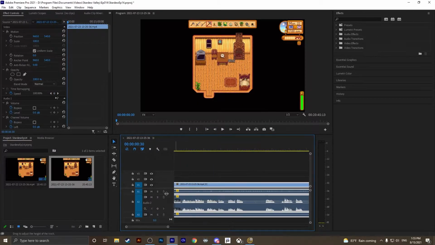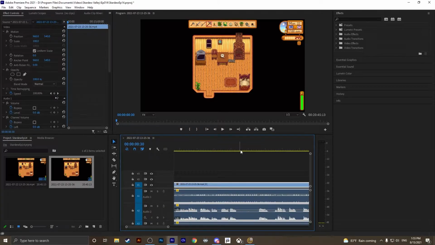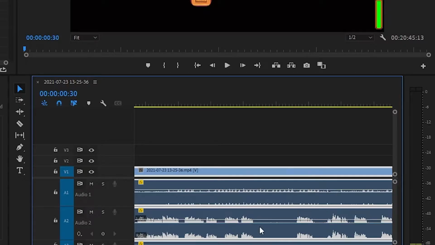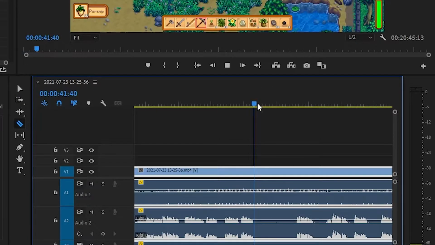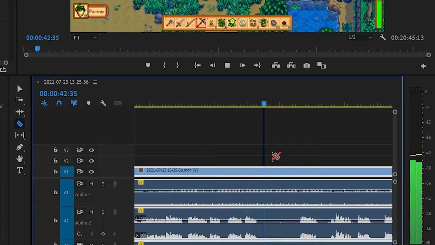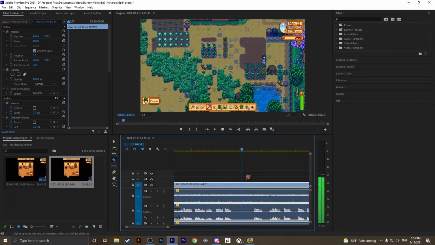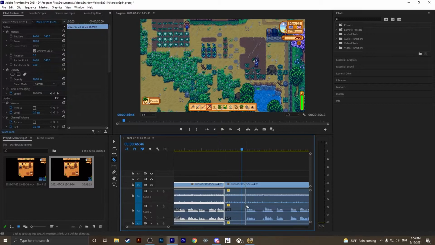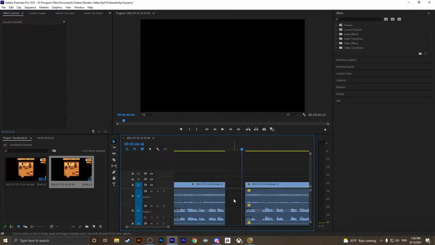So typically the way I like to do this is edit the first draft based off of the audio waveform. So see how there's a bit of dead air right here? Anywhere that there's something like this, it's not terribly interesting, is it? So typically for Stardew videos especially, where I'm not talking very much, I'll use my cutting tool. That's over here, and generally it looks like a little razor. You can usually hit C in most programs, and I'll just cut right around the time